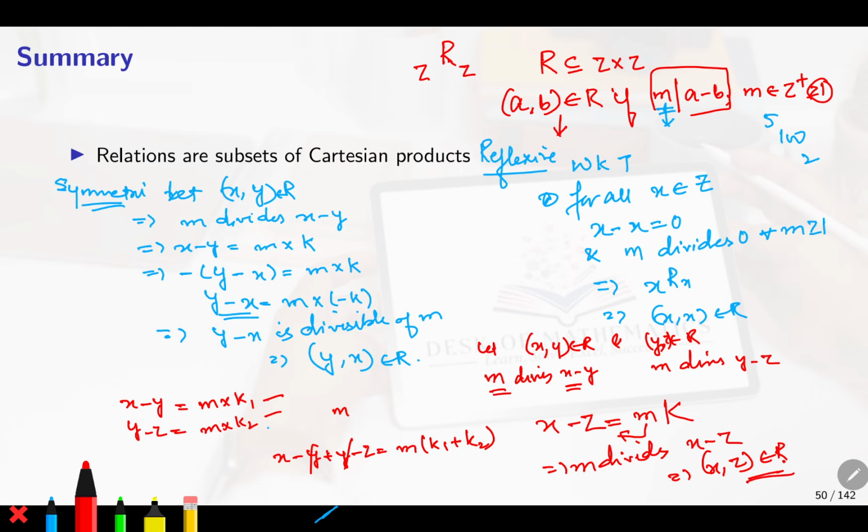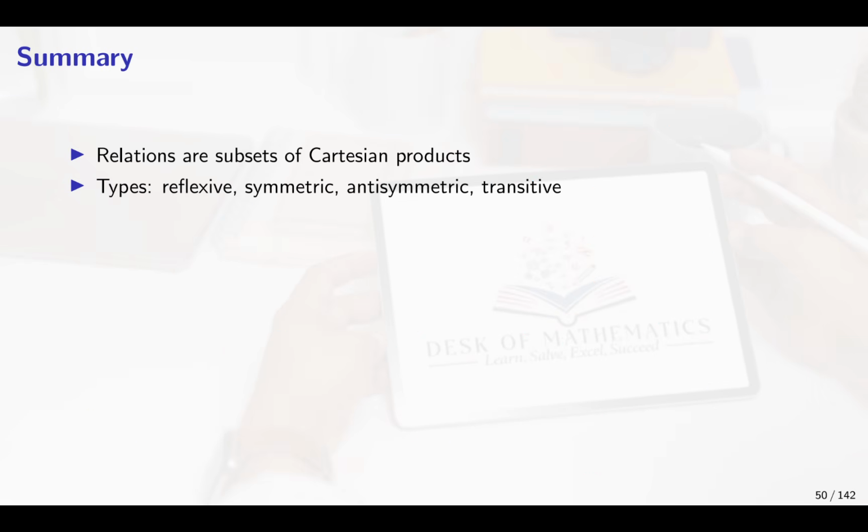So you have shown that it is symmetric, it is transitive, it is reflexive. So that means this is an equivalence relation. Okay, clear? Okay, similarly they may ask you, for example, you have defined a relation R